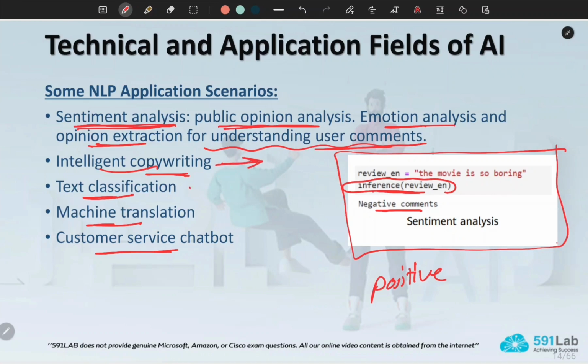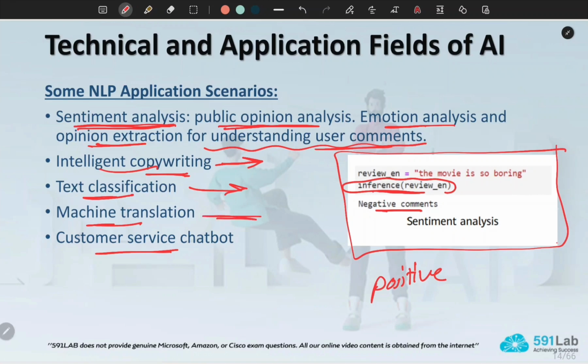Text classification is similar to the one used in Gmail. It classifies the emails based on the text and other features into spam and non-spam. So using AI, they detect spam and lock it away in the spam folder.